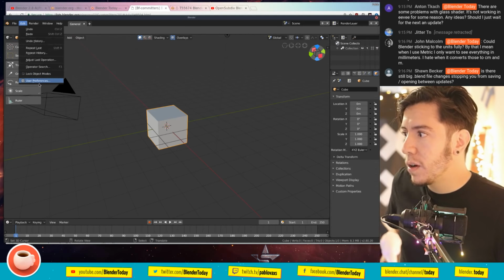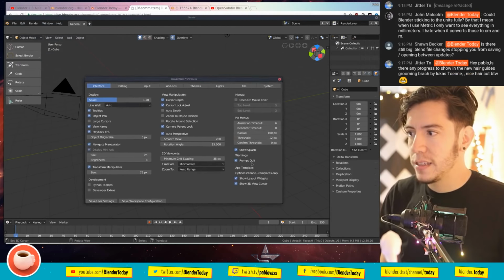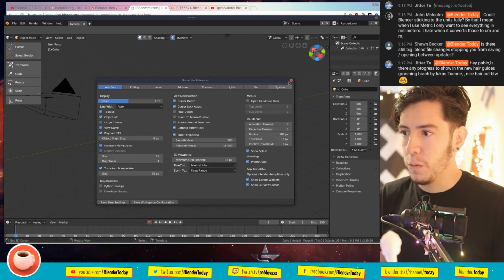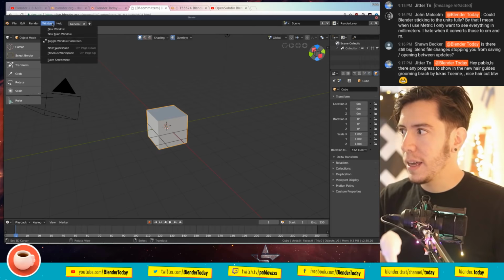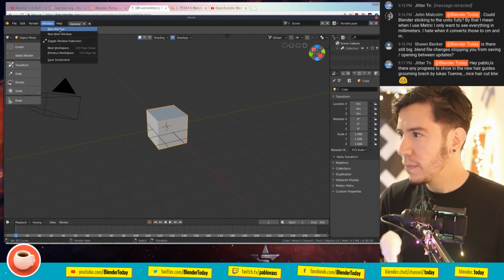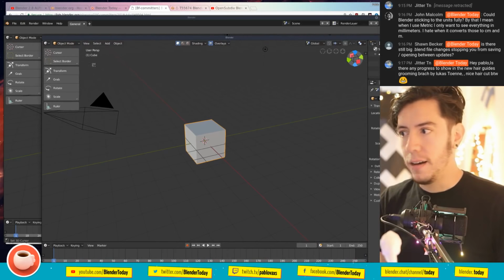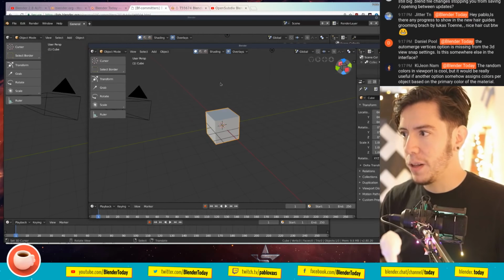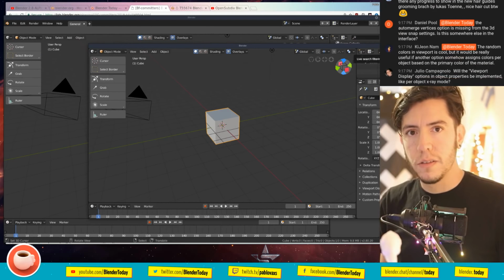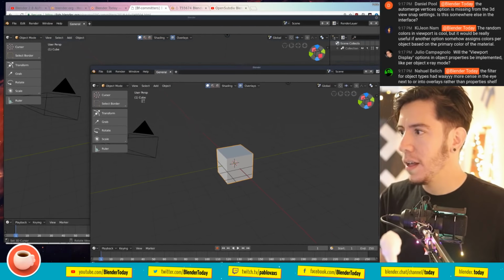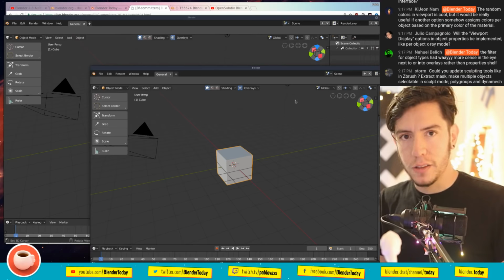So for example, when you go to user preferences, this is a child window. So it's a child of the main one that I had here. But if I want to make a whole new window, I can just have it, and then it will have all the components. It will basically copy everything from your main window, there you go, and it has the status bar and everything.